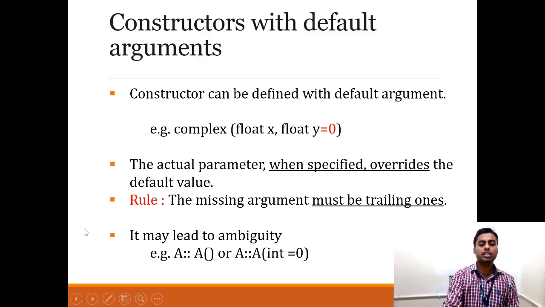There is a chance that it may lead to ambiguity if not written correctly. So what is the problem? If I am using one default constructor and I am again using one single parameterized constructor, and I apply default arguments to that single parameterized constructor, then when you write the class name followed by a variable, the compiler will be in an ambiguous condition about whether to call the default constructor or the constructor with the default argument. Such a case should be handled very carefully.